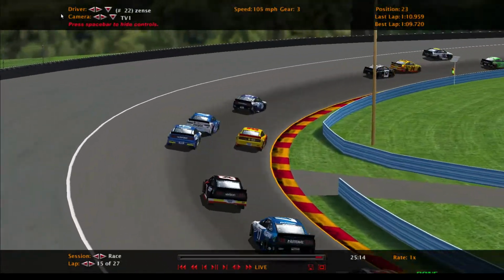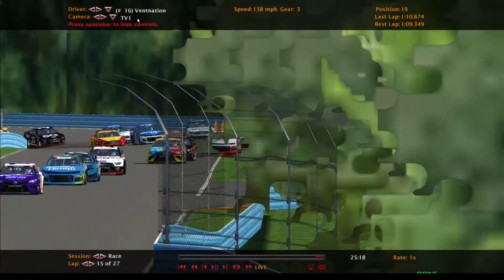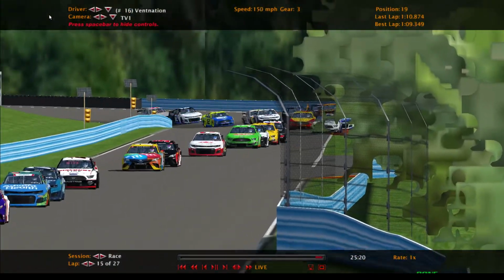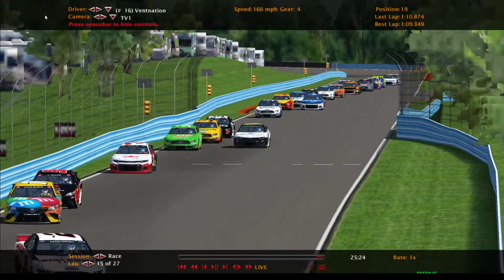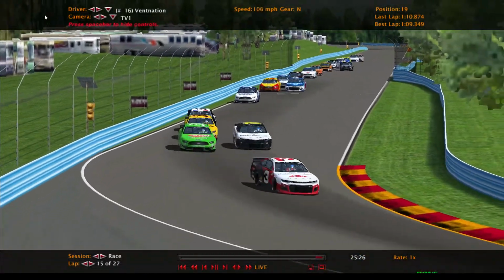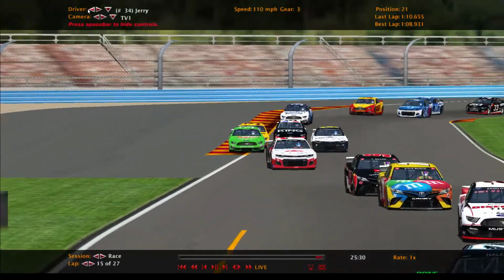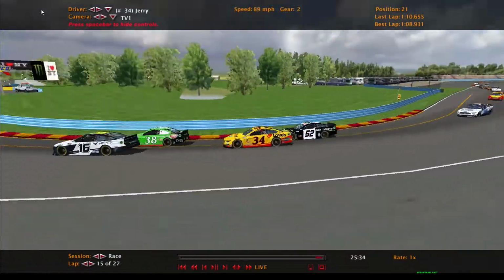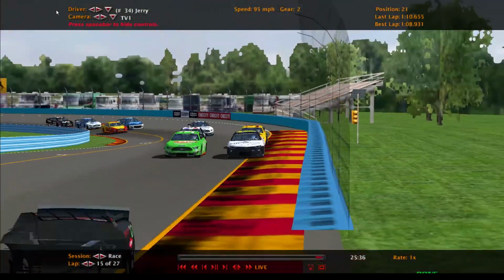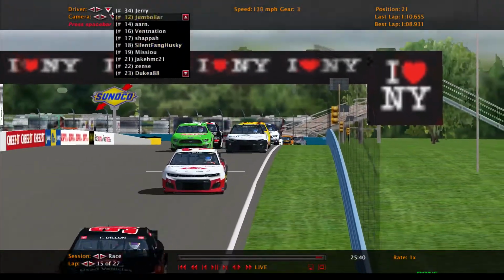Zent's looking kind of dangerous back there. As Vent Nation is still trying to get that 38. Jerry's back here as well. I guess the crew took their time getting that left side repaired, at a bit of track condition cost. Unfortunately,